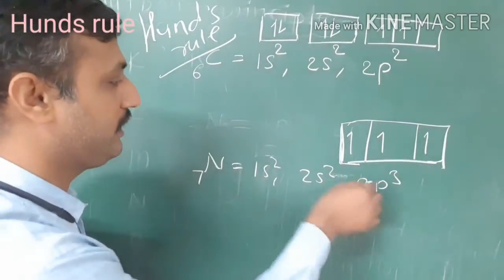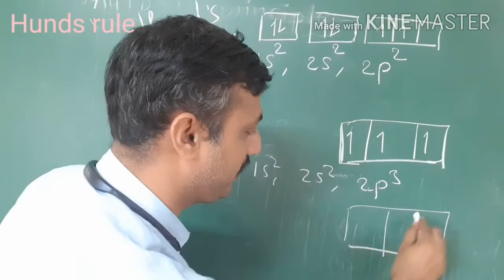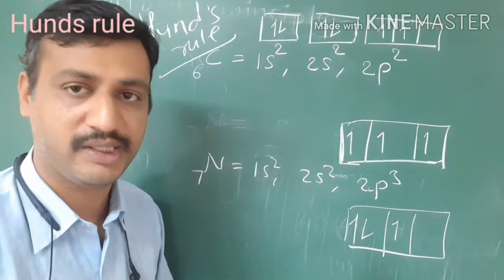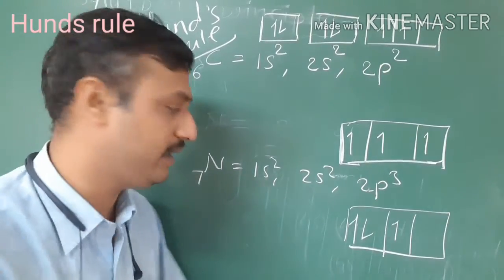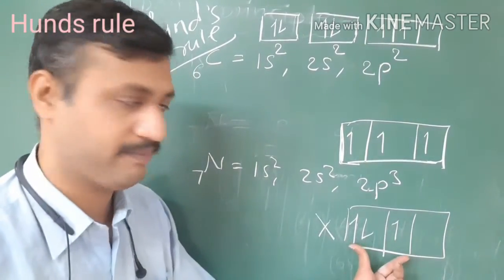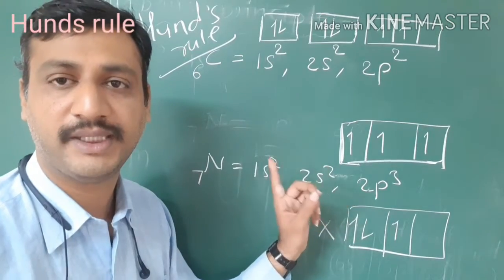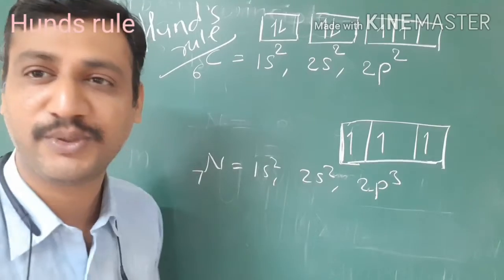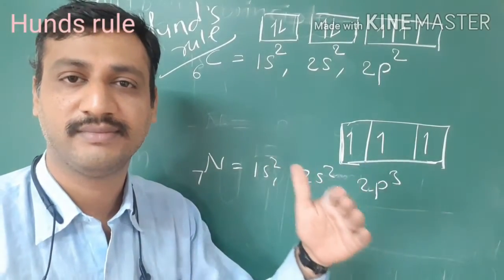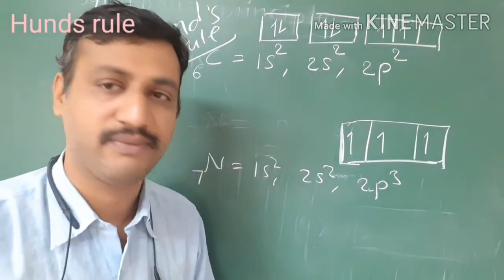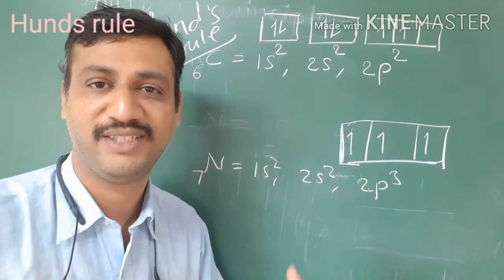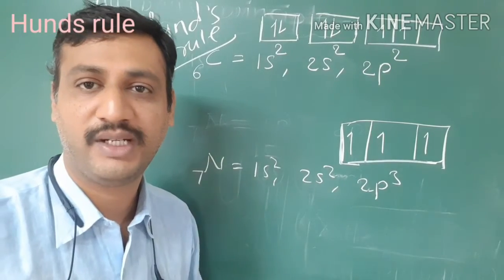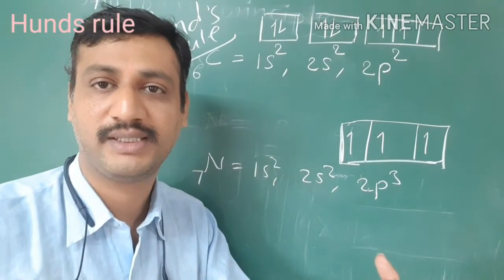So we should not show 2p3 like this. If someone wants to show it like 2p1, 2p2 and 2p3, it's wrong. The 3 electrons in the p subshell will not get filled as per this pattern. The electrons will get filled as per this pattern. Okay, so it's just similar to human tendency. Suppose we are alone and traveling and we are entering a state transport vehicle. Suppose in the ST bus we are entering, we see all the seats are empty, so we will try to choose a seat for ourselves near the window.